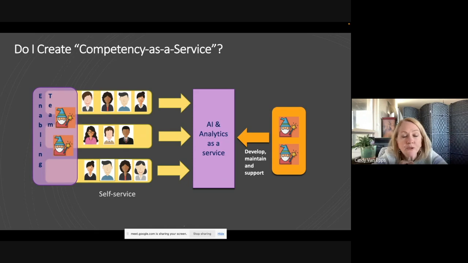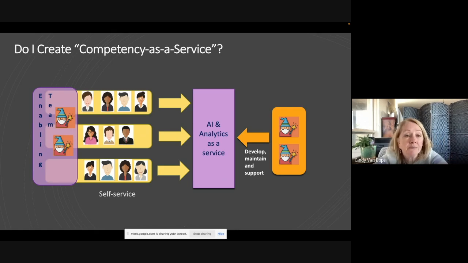One group I worked with, we defined server patching as a service because they had a big bottleneck with the Windows server specialists and the Linux server specialists,